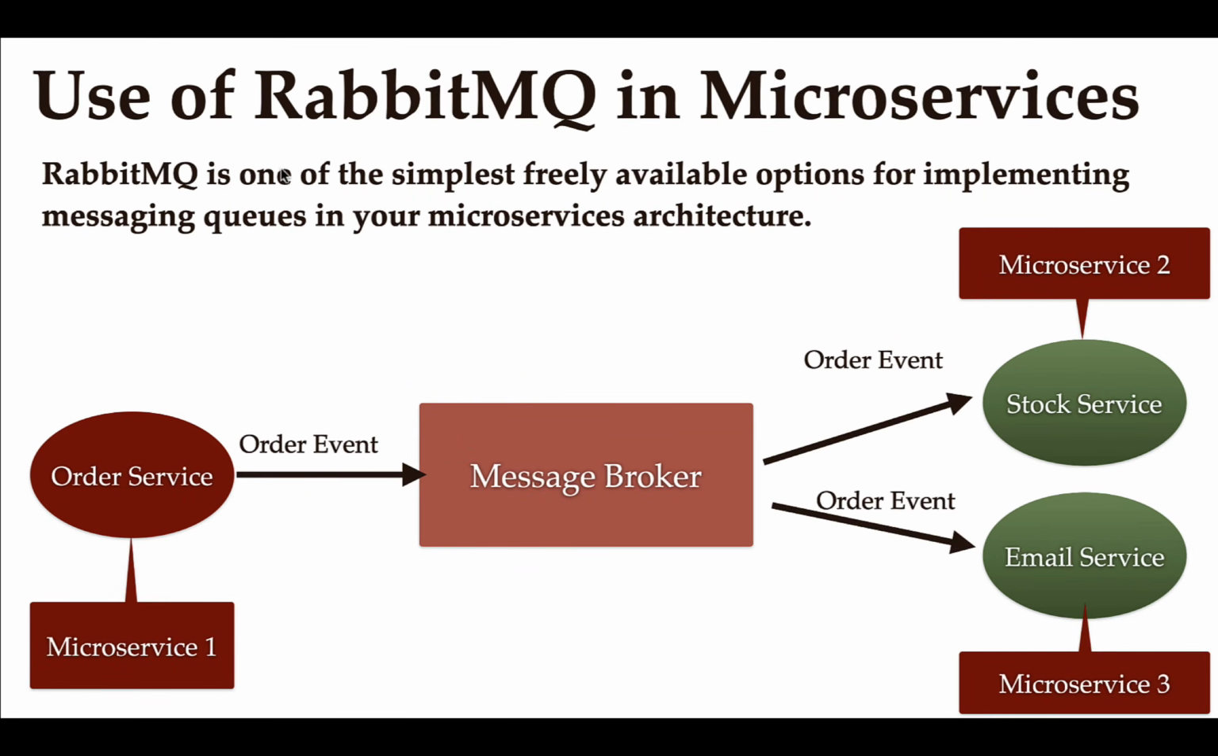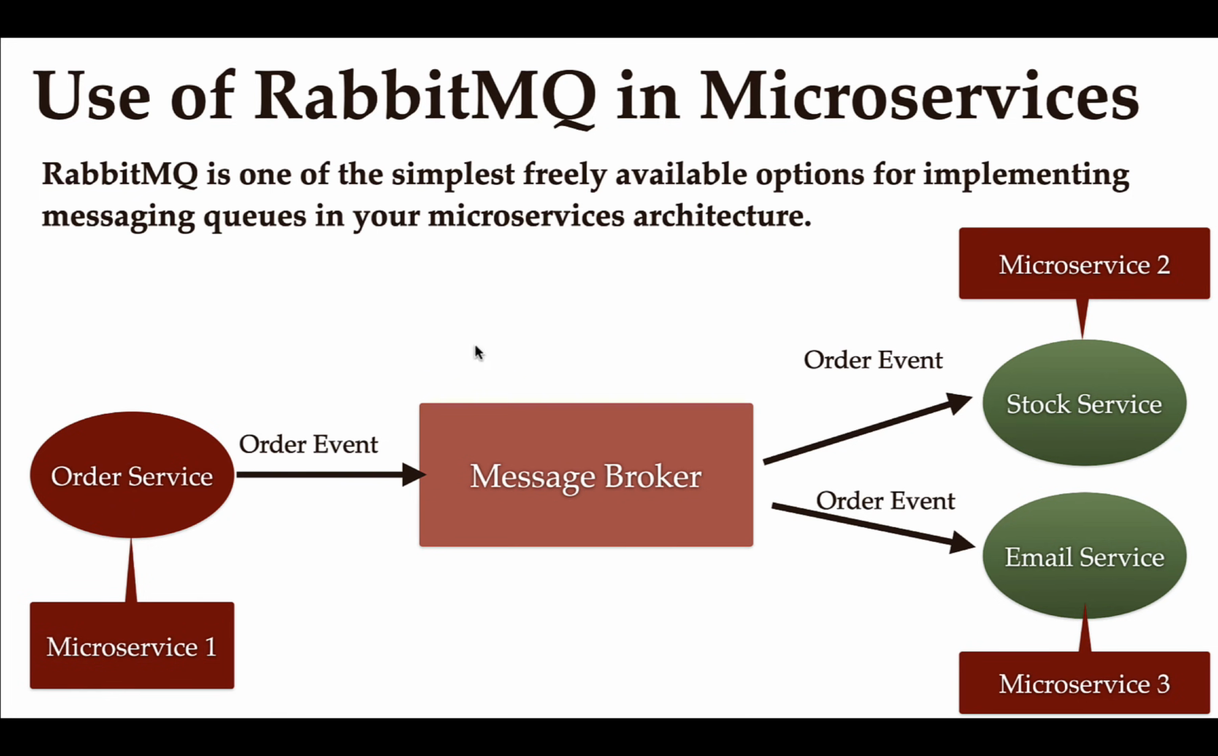Now let's take a look into why we use RabbitMQ in a microservices. RabbitMQ is one of the simplest freely available options for implementing messaging queues in your microservices architecture. RabbitMQ is one of the popular messaging queue systems that we can use in a microservices for asynchronous communication